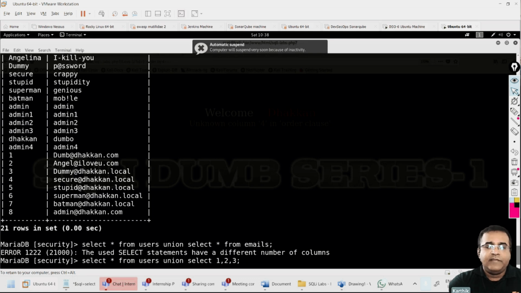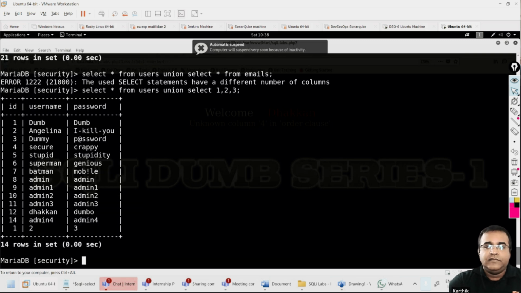If you give this random select statement, whatever is there, it is going to display that. Okay. So if you see now, you got that last row 1, 2, 3. What I want to display is the database name and the version of MySQL that is running here.